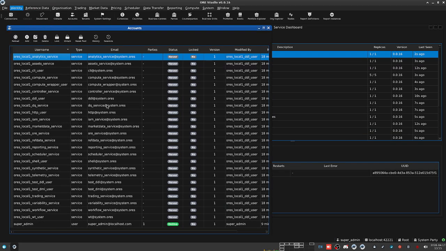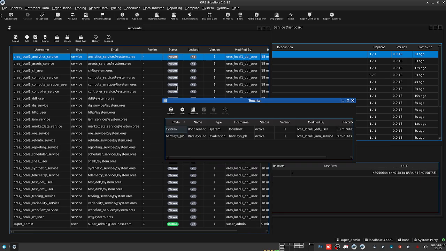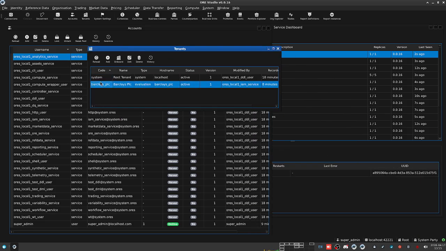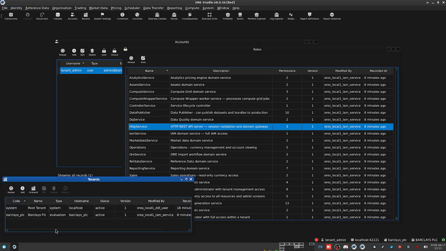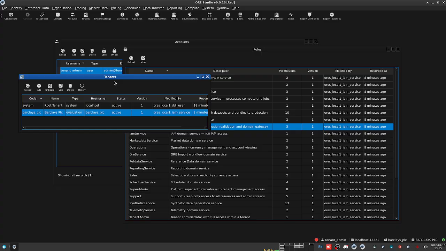And so here, as the root, I can see all the different tenants, and of course, as a tenant, I can see myself. In fact, to be honest, no. As a tenant admin, you can also see the root tenant. But if there was another tenant, which you can create in the future, you wouldn't be able to see that. So that's expected. The reason is that the system tenant contains data, what we call data catalogs, that we need to publish from the system tenant over to other tenants. For example,